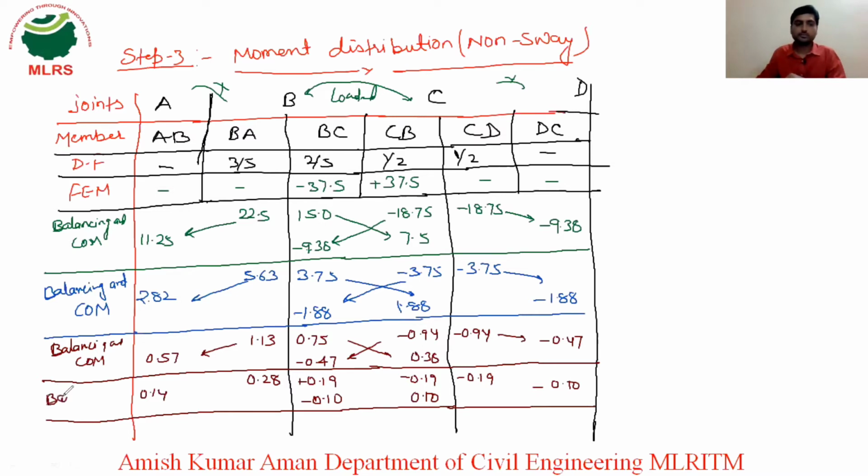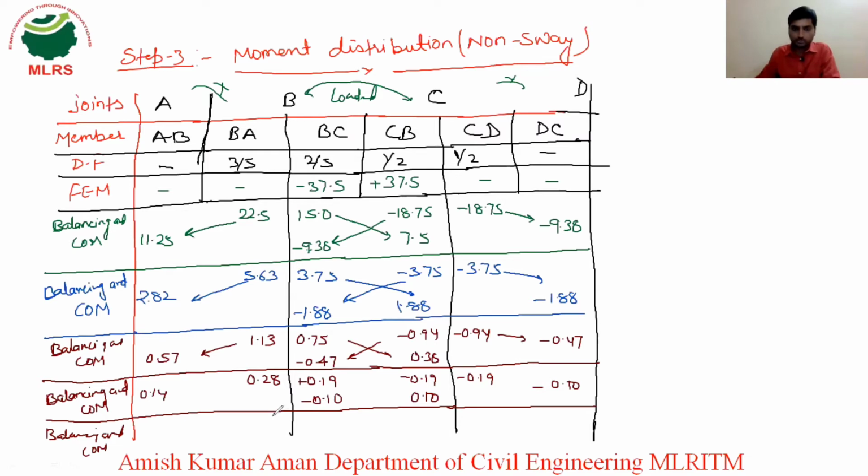Balancing and carryover moments. Okay, so if you want to continue, you can continue with the last step also, means one more step. Otherwise, you can stop here also. So I am going for the last step. But you can stop here according to your time. If time is not sufficient, you can stop here, no problem. If you will add, you will get a slightly difference. Okay, but after completing the next, you will get the exact value. So slightly difference means 0.35 or 0.4 difference will be there.